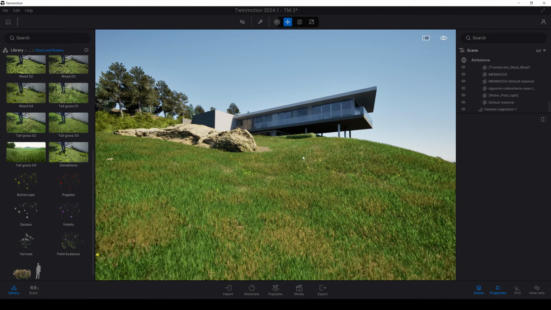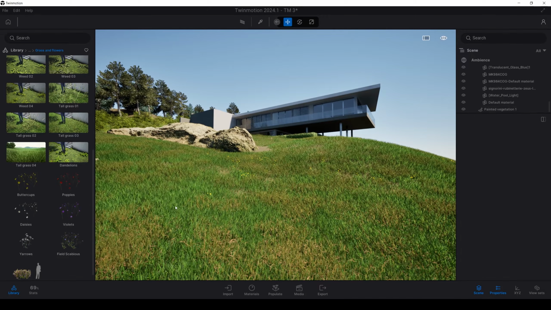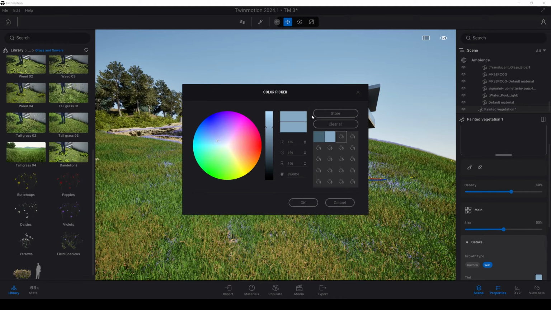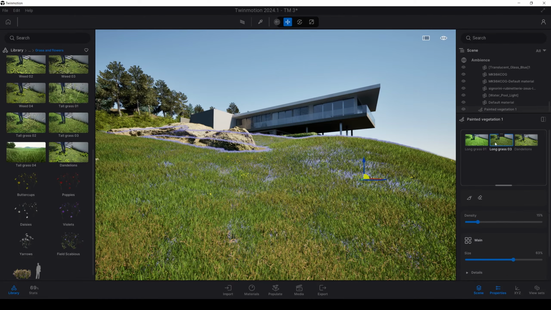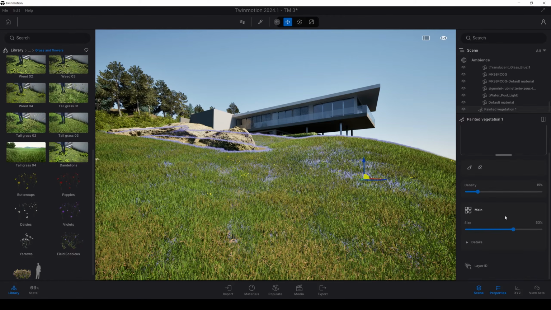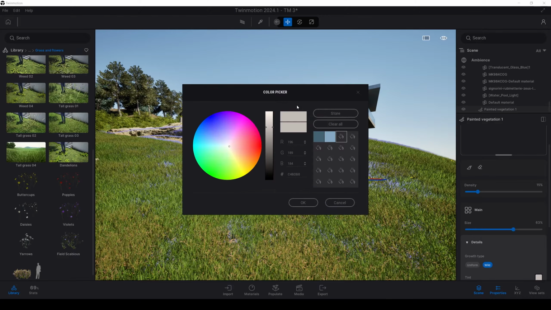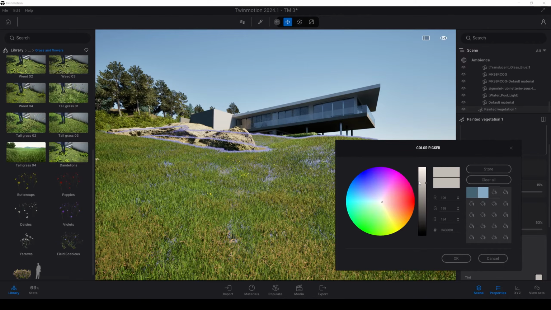If we look at from this direction, I think this grass is too green. Let's change its tint a little. Let's make it wider. And for the long grass, I will reduce the yellow and go to the green part a little. As you can see, it's too much green. Now it's white. Around somewhere here,